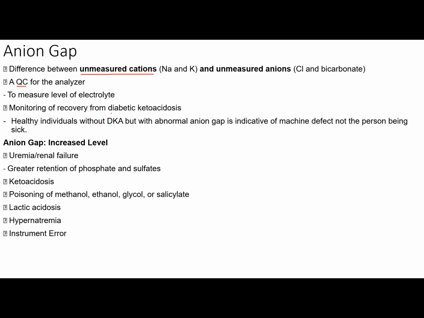Monitoring of recovery from patients suffering from diabetic ketoacidosis. Healthy individuals without diabetic ketoacidosis but abnormal anion gap is indicative of machine defect. So kung yung patient nyo is healthy, wala namang diabetic ketoacidosis, but abnormal yung anion gap class, it means that